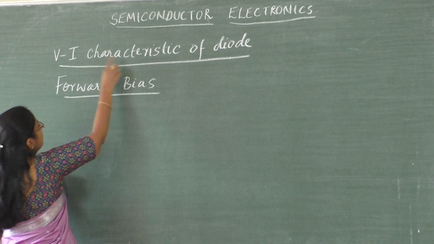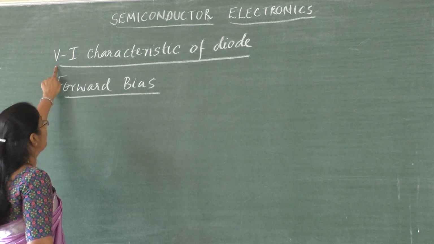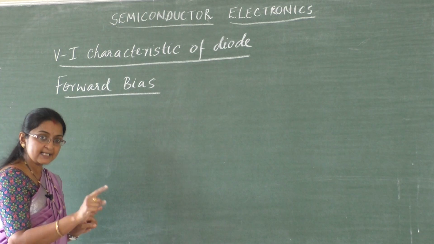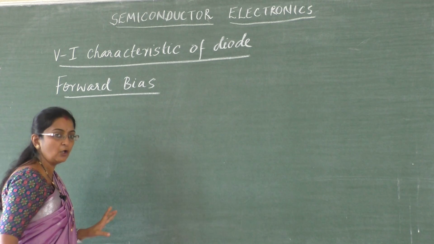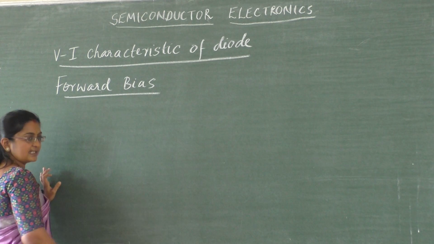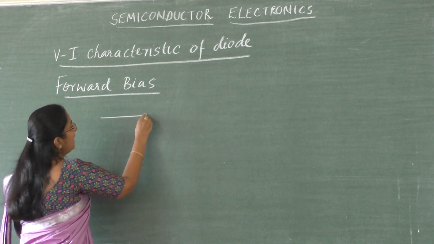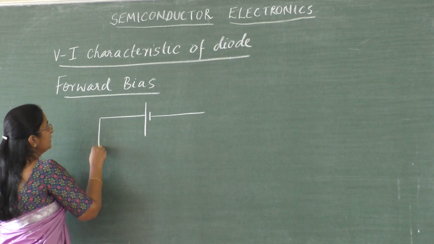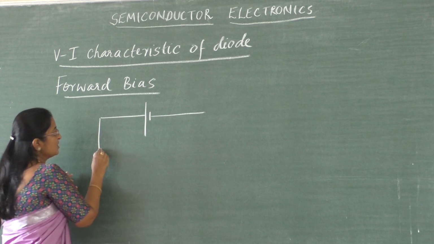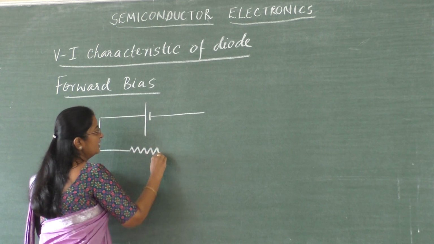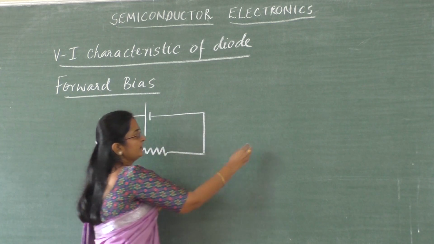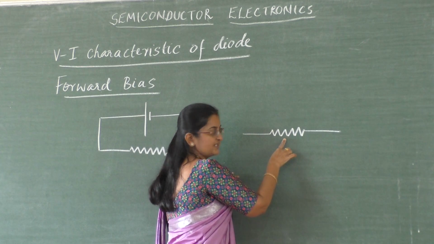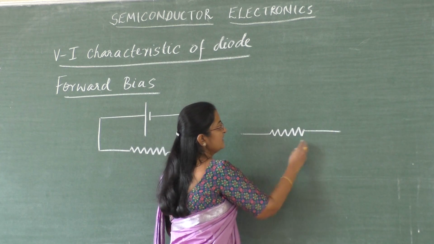Here, VI characteristic is the graphical representation of voltage and current, where voltage is represented along x-axis, current is represented along y-axis. And the circuit diagram, we have a battery, and in order to vary its voltage, we are using a rheostat. A rheostat has 3 terminals. Now this symbol is for resistance, just this much, a 2-terminal device, and